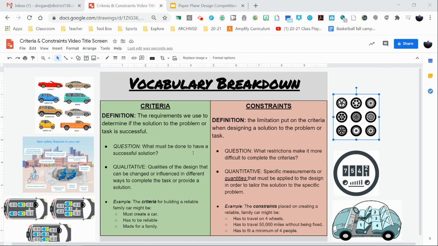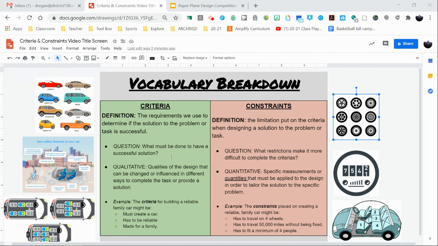Hey everyone, Mr. Regan here, and today we're going to be looking at how to identify criteria and constraints when creating a solution to a problem or completing a task. We're going to look at how we figure out whether we're looking at a criteria or a constraint depending on how we design solutions to solve those problems and complete those tasks. And then we're going to look at some examples to help narrow our understanding and begin applying it to the task at hand with our paper plane